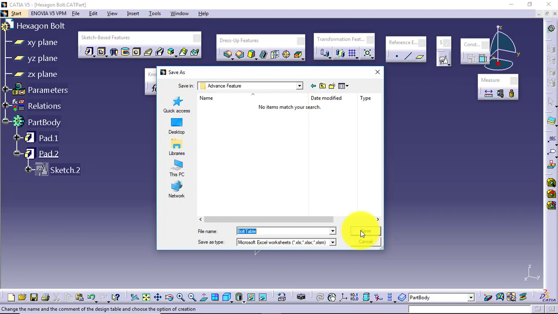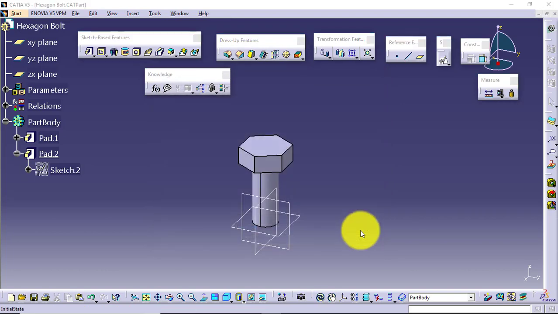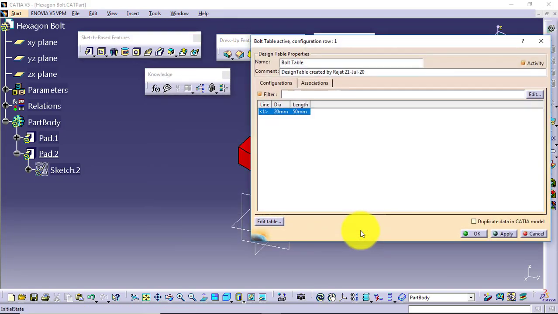The saving process actually takes some time, because from CATIA you will be migrated to Microsoft Excel. Then from Microsoft Excel, the software will create the file using the parameters you have defined. So this process takes some time, and then it will show you the result. The result will be in the form of a design table. You can see the software has saved the file,